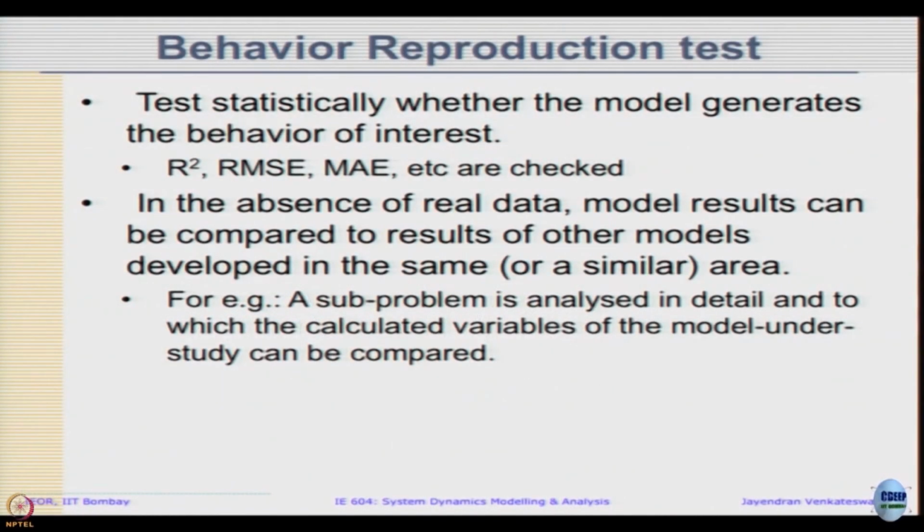One of the dangers I need to mention about behavior reproduction is that it becomes very tempting, as well as difficult, in the sense that we end up overfitting to the past data. Many times it happens that you get the model and tune it so much that it very accurately predicts the past data, but in the process the meaning of all those parameters just goes for a toss. Like maybe the best fit gave a value of P and Q, which